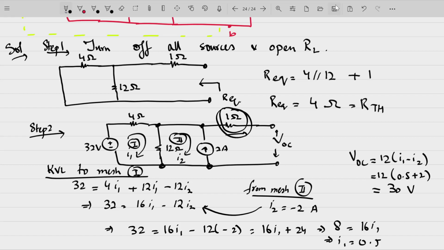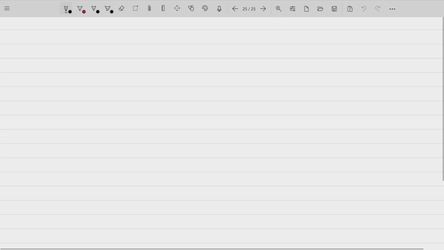So whatever voltage is across the 12 ohm resistor will be across the open circuited end as well, and that we are getting is equal to 30 volts. So VOC or VTH you can say now is equal to 30 volts, and RTH is equal to 4 ohms. So we can now redraw the circuit. We have now a simple